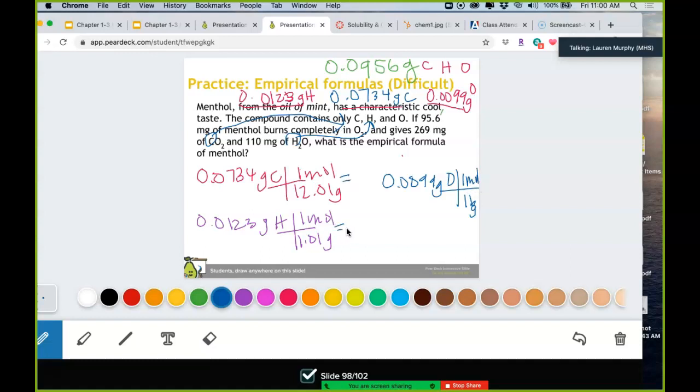And we calculate all of these guys out. So here we go. Last calculator. 0.0734 divided by 12.01 is 0.006 moles. That's for carbon. 0.0123 divided by 1.01 is 0.012-ish moles. And then 0.0099 divided by 16 is, oh my gosh,